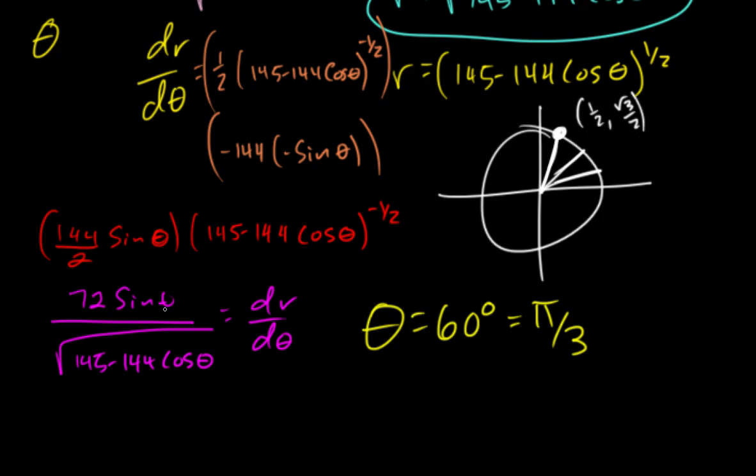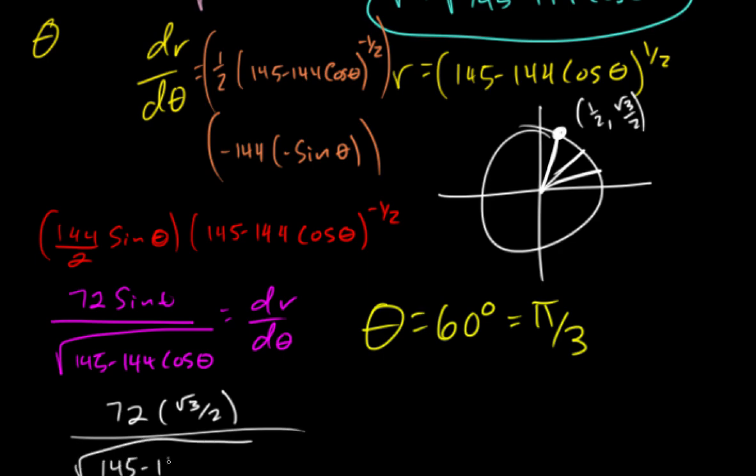So the top is 72 times square root of 3 halves, and on the bottom, we get 145 minus 144 times cosine, which is 1/2. Then if we just plug all of this into a calculator,